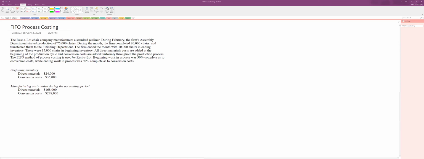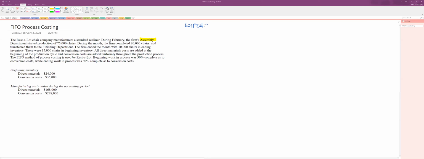Company manufactures a standard recliner. During February, the firm's assembly department started the production of 75,000 chairs. So we are in the assembly department, and so this is the